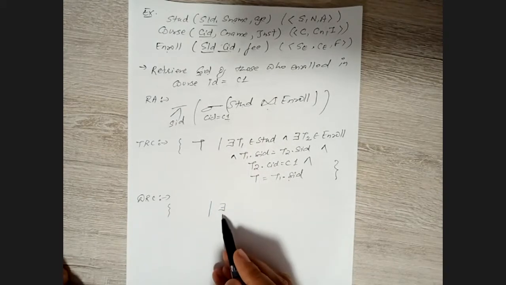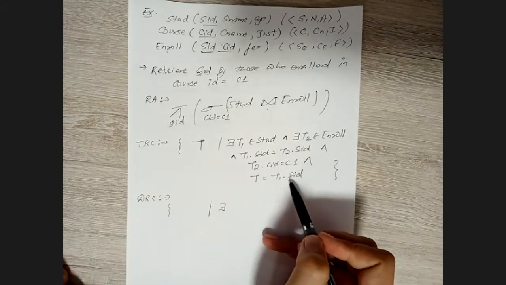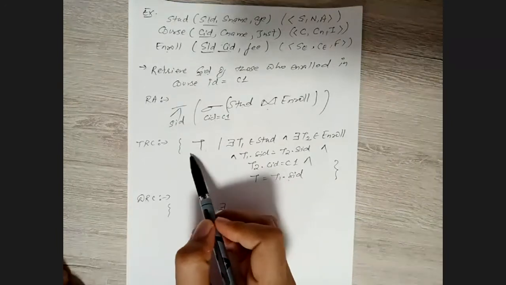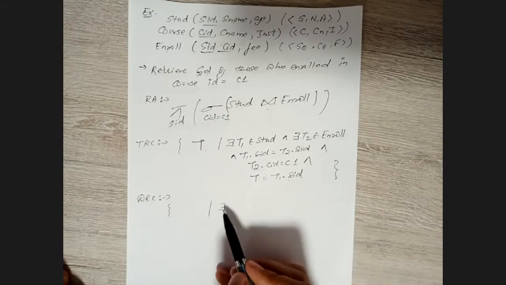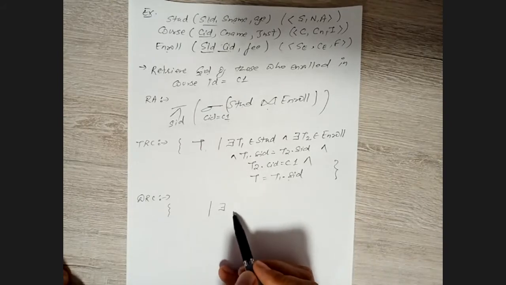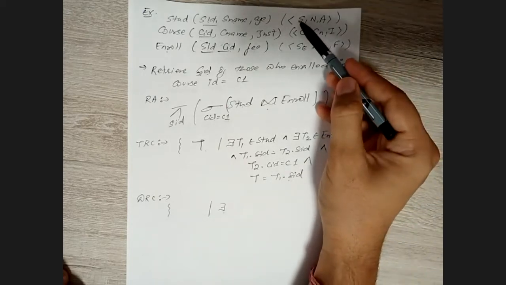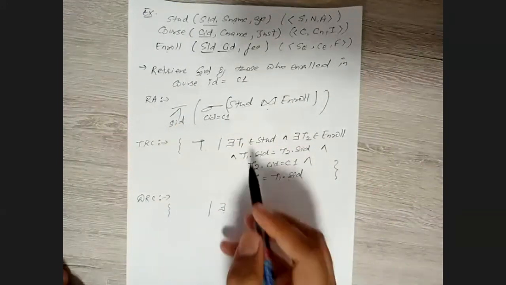This is the only change. Again, I'm repeating: the attribute that you actually want to project here, that you want to reflect as part of the output from that particular table, don't write the name of that attribute with there exists. I'm just saying I want SIDs, that is from the student table. Yes or no?